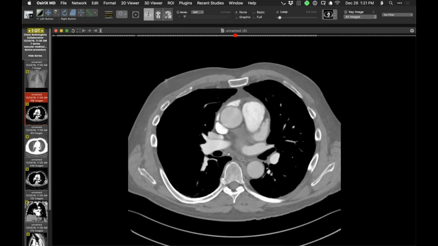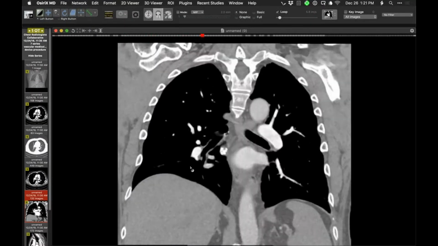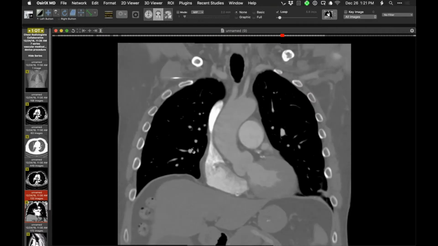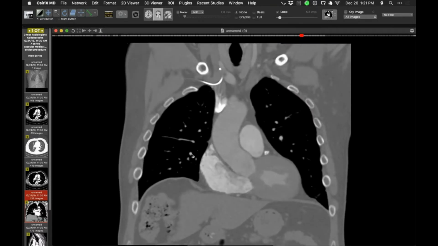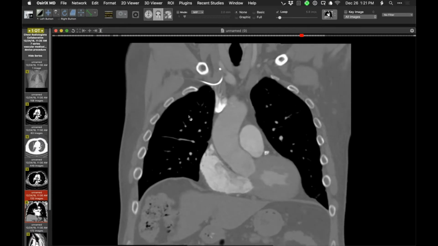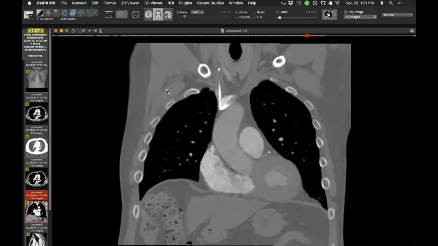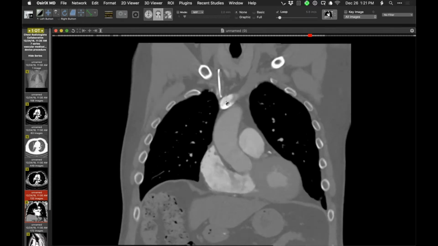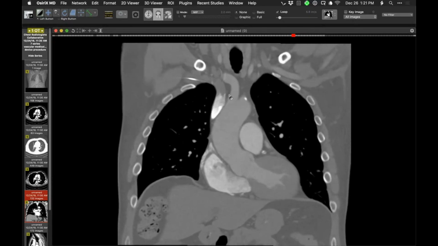Let me show you an interesting finding on the coronal. This isn't exactly how things transpired, but for fun, I'll show it to you this way. So what's interesting about this is you can see that they injected through a right PIC. You can see at the time the contrast started coming out and the scanning was done, where the PIC is,